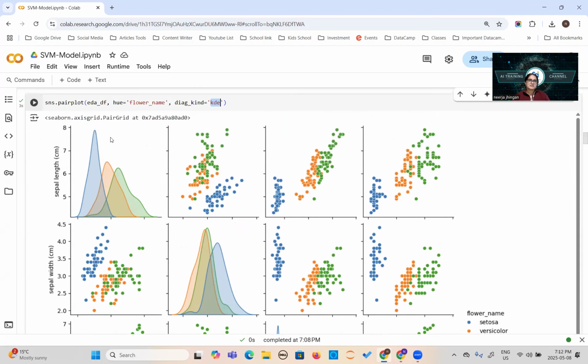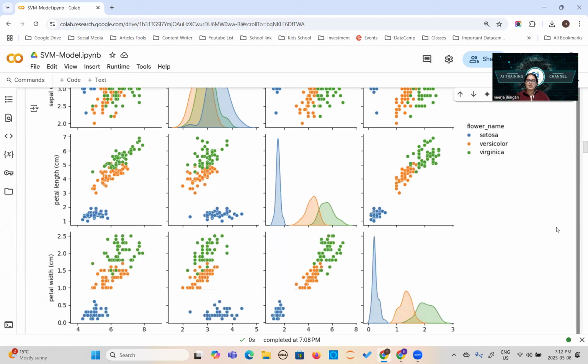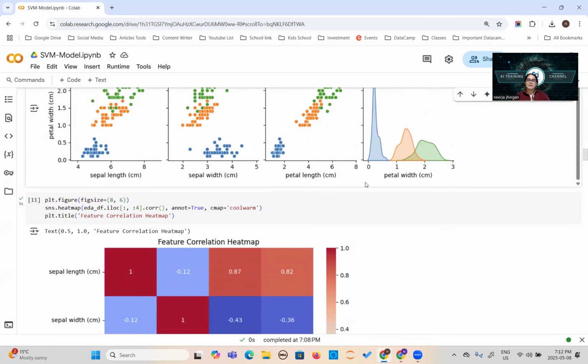It's the same here, it's a little bit better. But sepal width and sepal length are not doing as well as petal length and petal width, right? So here you can start thinking these two features are more beneficial instead of these two